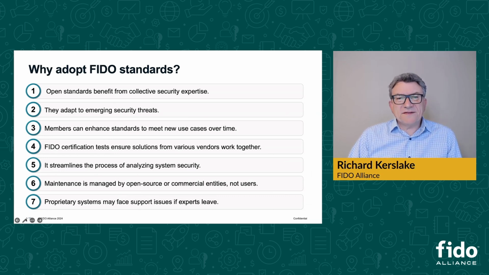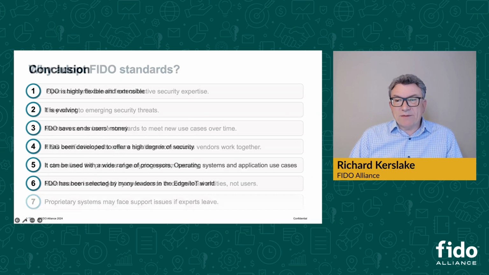We talked about certification, bringing vendors together. If you create your own specification, then you have to develop your own certification flow and deliver it to all of your partners. When you're doing your security analysis, it's just simpler because you're using a standard that's been well investigated. Maintaining software, if you create your own, it's really on you to keep it up to date. And obviously with an open standard, you have multiple solutions. And then last but not least, if you have a proprietary solution and the expert leaves, that clearly is challenging because you have to replace them.